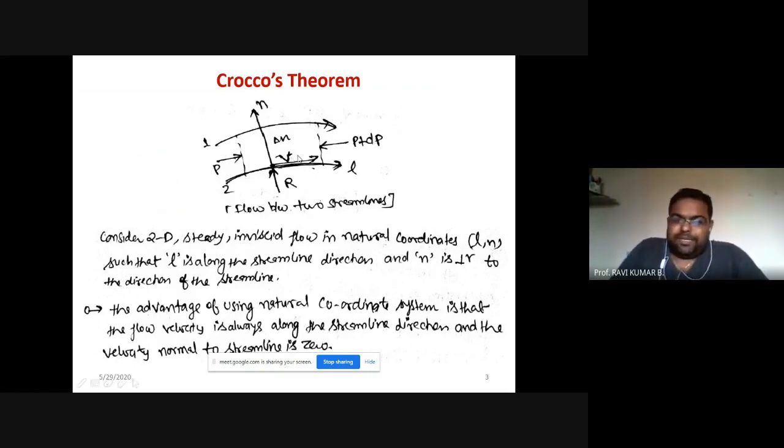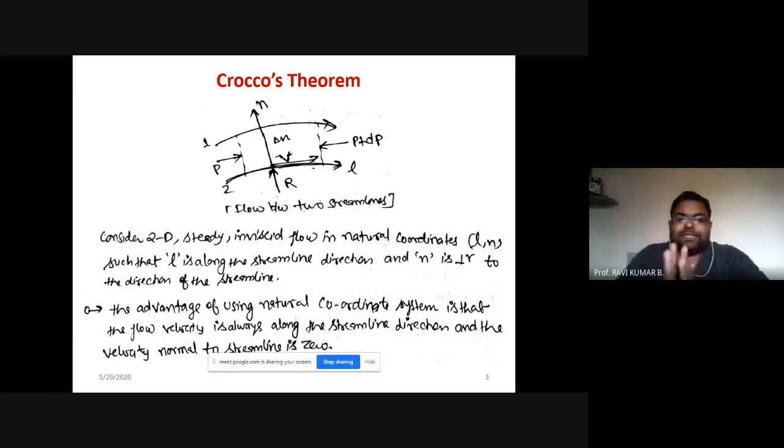So flow is happening in one dimension. When flow is happening in one dimension, all properties will be varying only in this particular direction. There will be no change in another direction. Or you can say, from the definition of streamline, this is one of the properties of streamline, that there will be no cross flow across the streamline. So in the perpendicular direction, there will be no net change in any kind of property; it is 0.